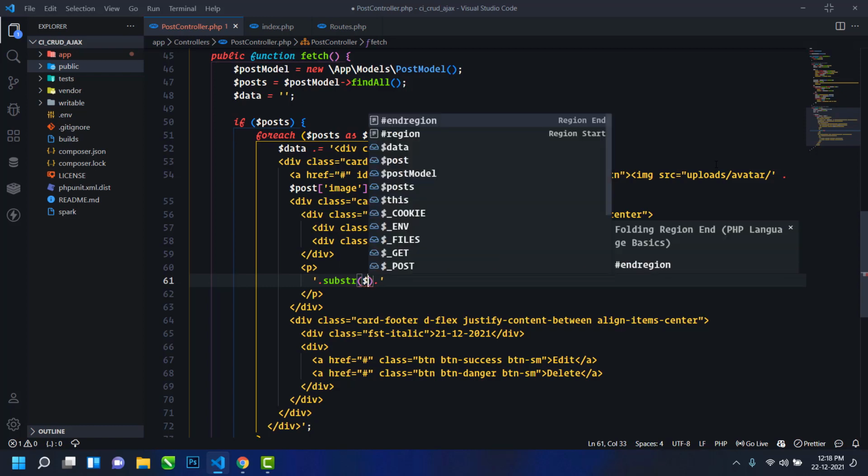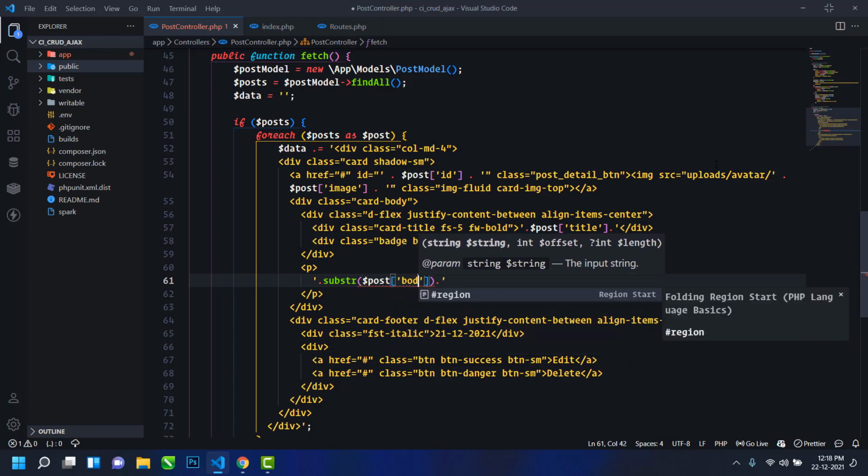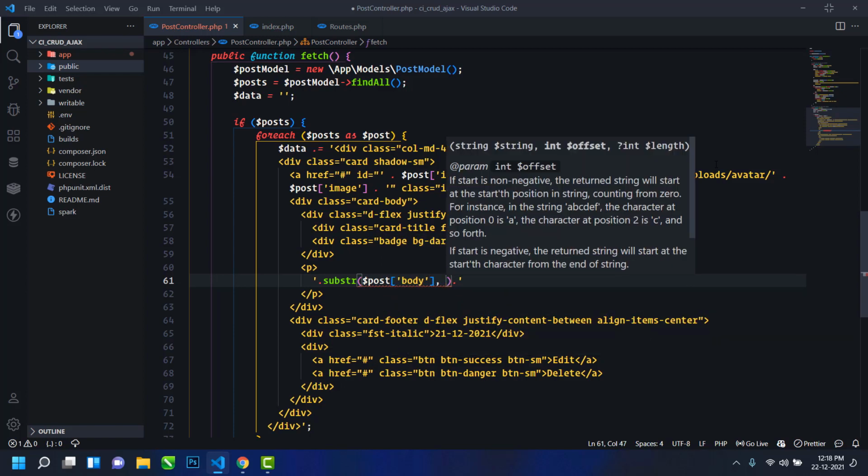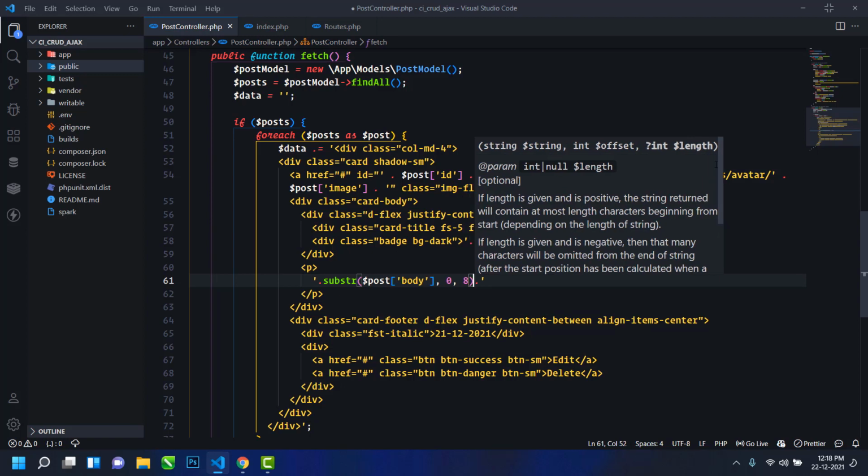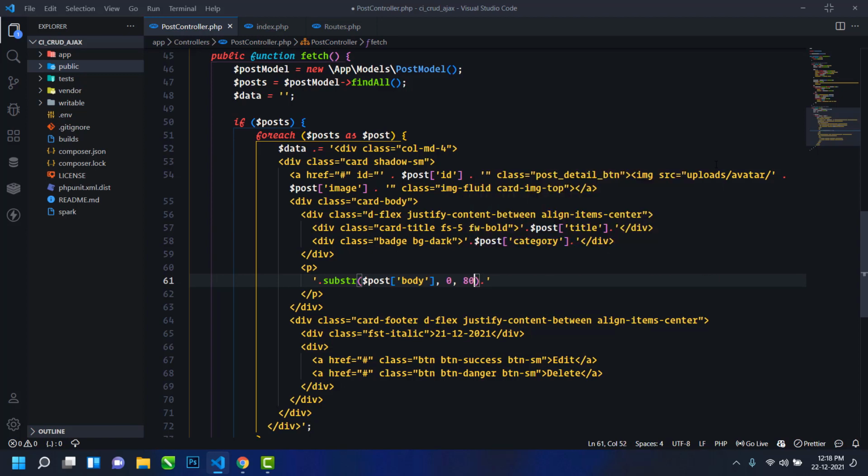Okay, so here I will use post body. So I will select from 0 to 80, okay, 80, and then here I will concatenate with the triple dot, and then here I will display the date.